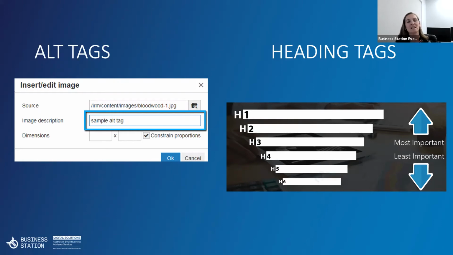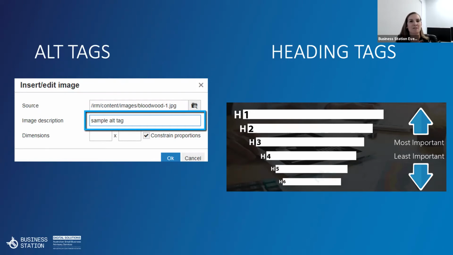Now, the heading tags, we've spoken about the heading tags a couple of times. They are really important for SEO because they help both the reader of your content and the Google web bots to determine what the content is on your page and how important it is. Readers will glance over a page, and these headings will draw their eyes to specific topics. Similarly, search engines use the heading tags as indicators of context: what's on the page and how does it relate to what the user is actually searching for?